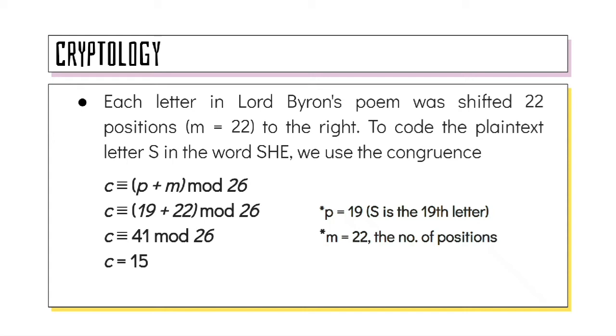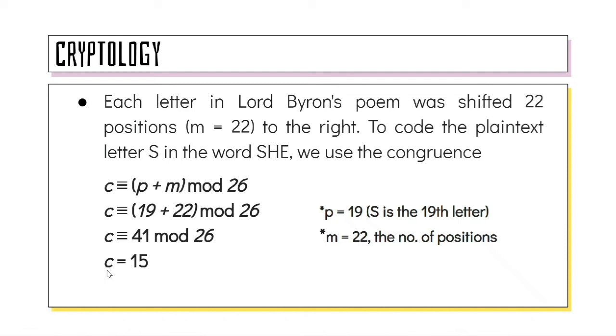The whole number there would be 1. Subtracting 41 minus 26, since 1 is the whole number, the remainder is 15. So that would be the answer. So C is the ciphertext letter,